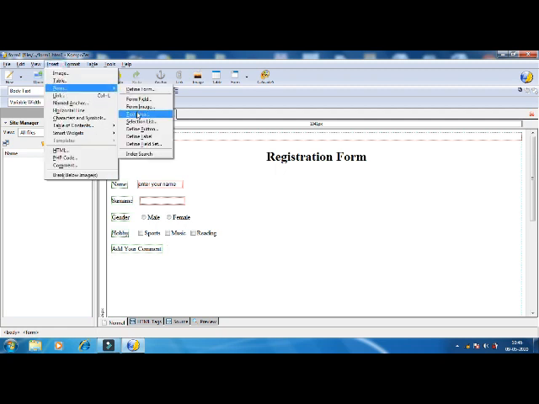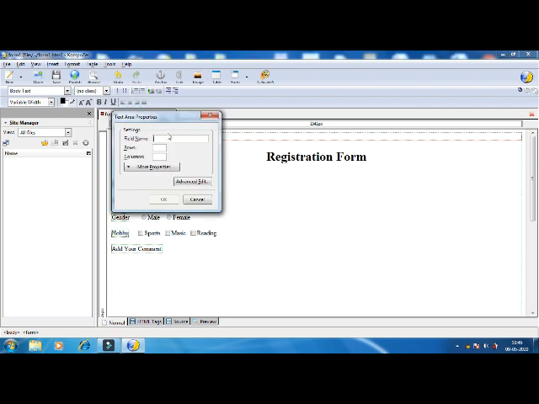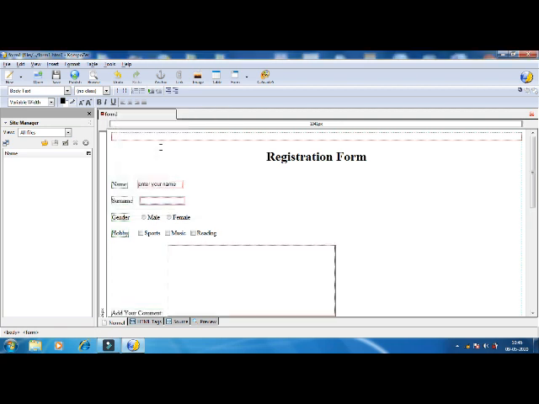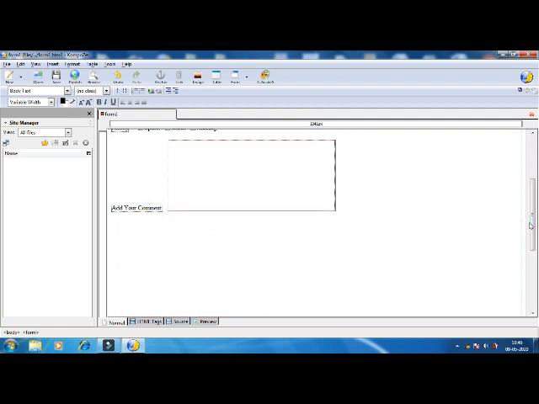So we use the text area element here. Now field name we are giving as comment. Here the number of rows and columns will define the height and width of this box. So rows we are putting as 10 and columns 50. Now you can see that a box is inserted after add your comment, where the user can put any number of characters.